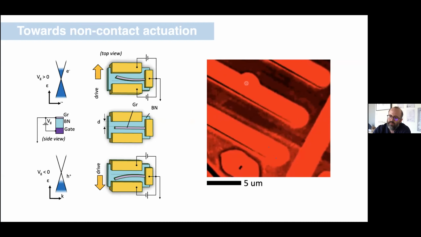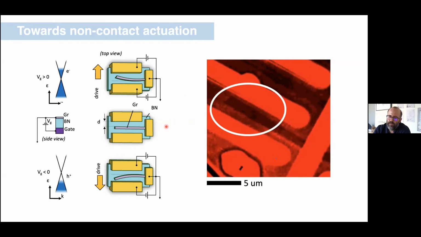So we're turning the bias from extreme positive to extreme negative. In this case, I think it's the actual charge on the graphene that's cycling. Okay, great. So we have electrostatic motion. We're very excited about this and doing a lot of things right now to try to figure out how we can exploit this to do a number of things in real time.